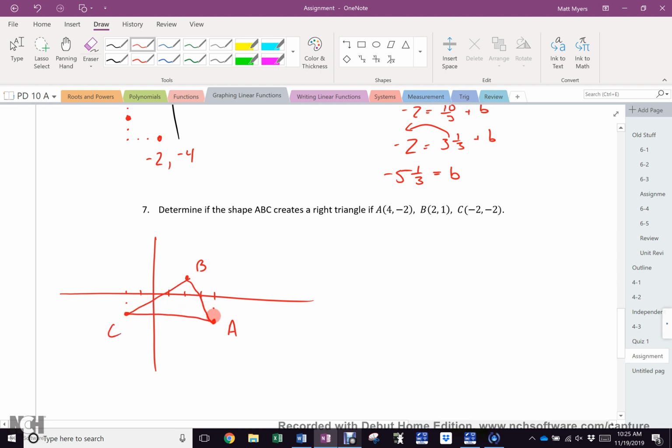Where is the only possible 90 degree? B. So I need to check the slope of which? AB against the slope of CB. B is in both of them, correct? So I would recommend making B x2, y2, because it's in both. Right? There's my x1, y1, and there is my other x1, y1. BC is